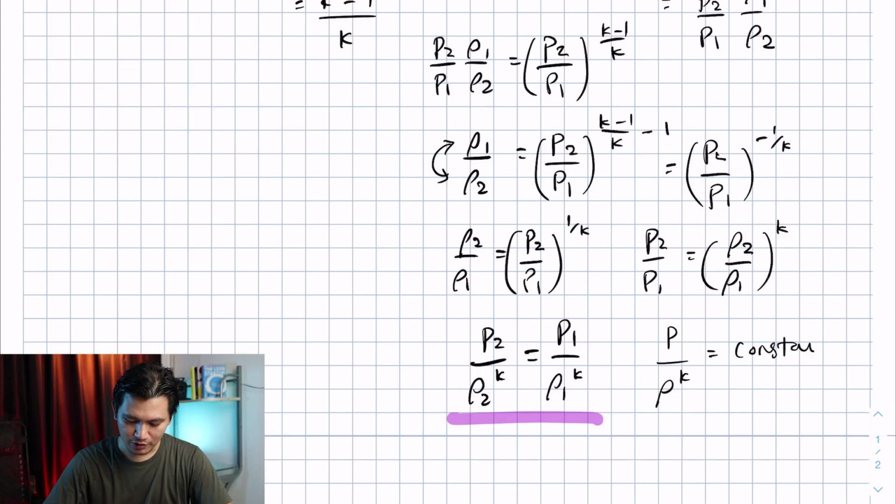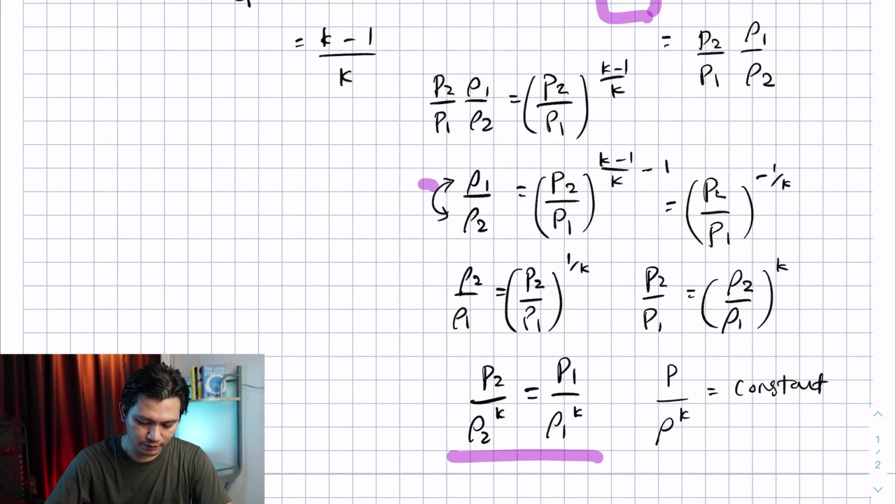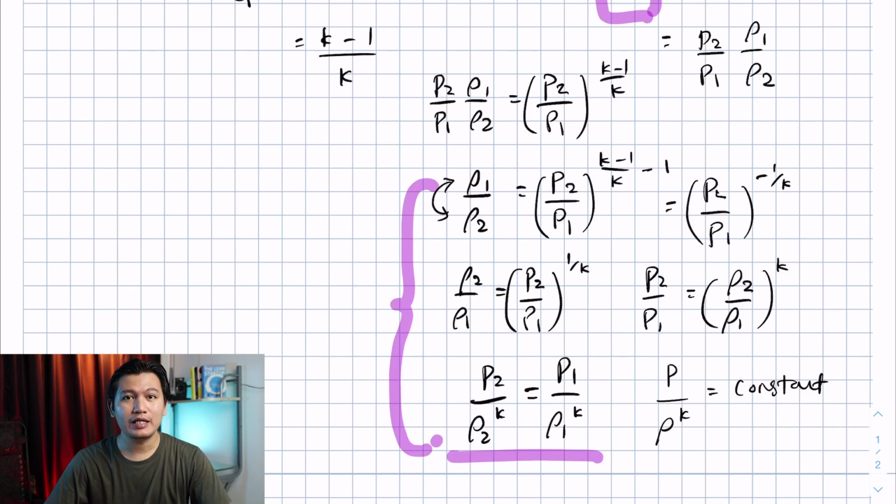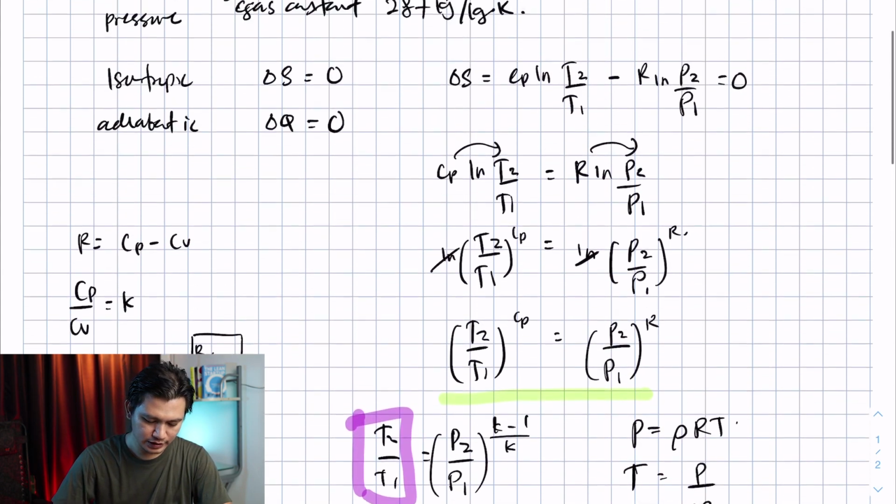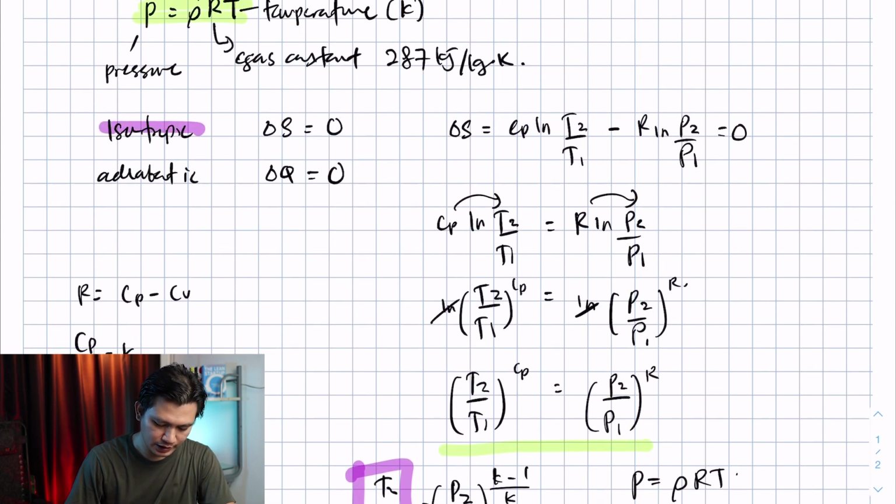And remember, you can only get this relationship by assuming that the flow is isentropic and